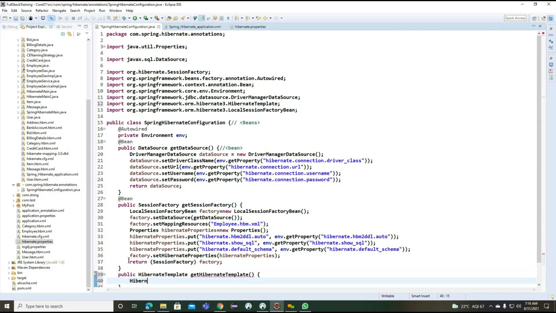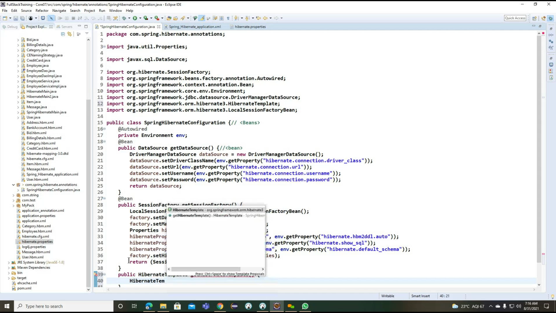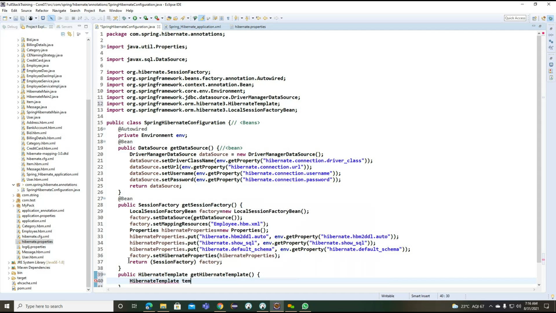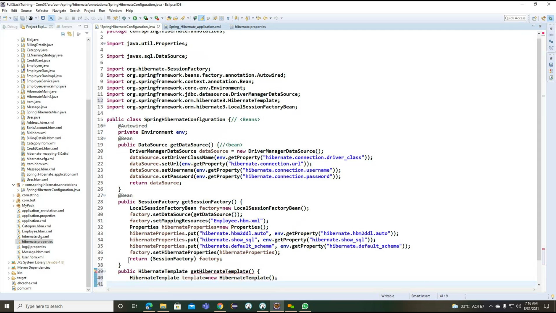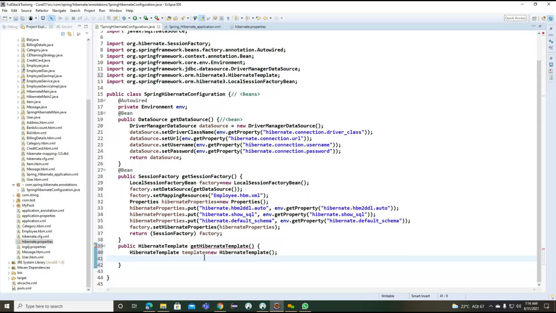Now what we can do, after creating this Hibernate template here, we'll return the template.